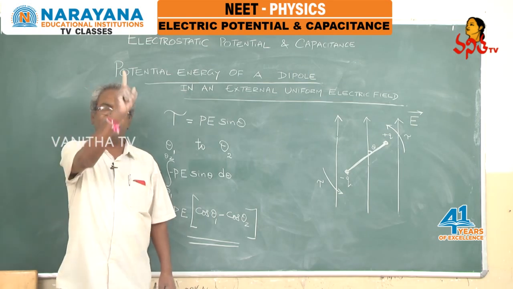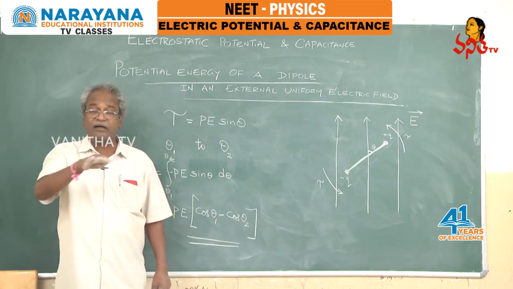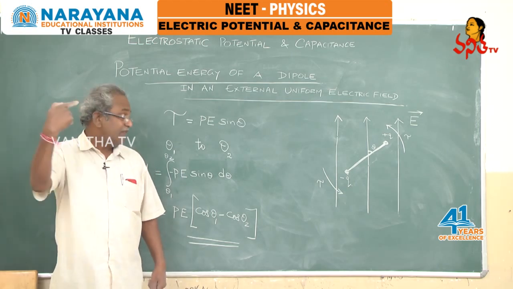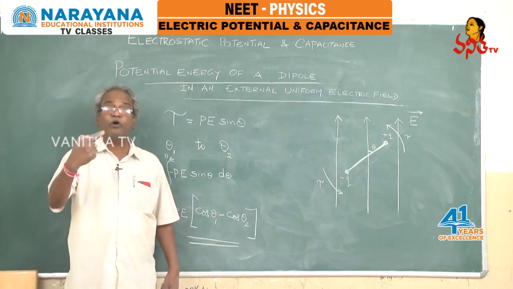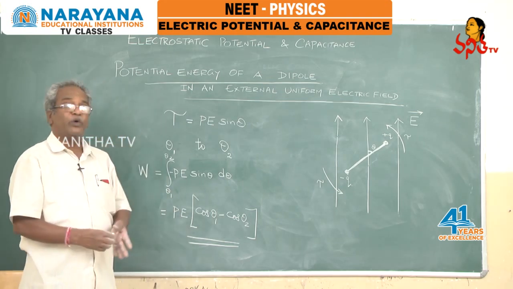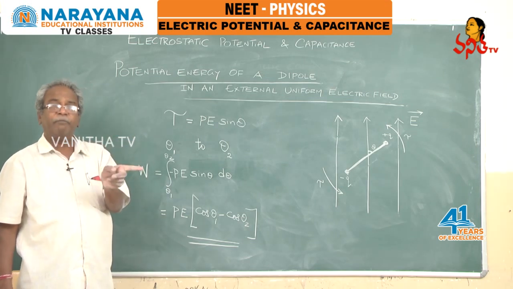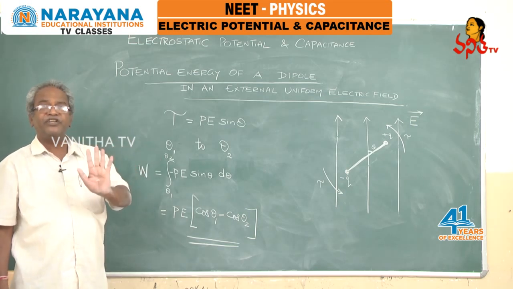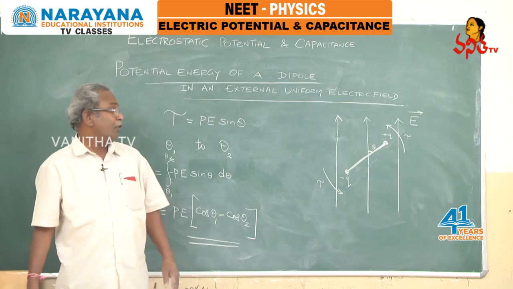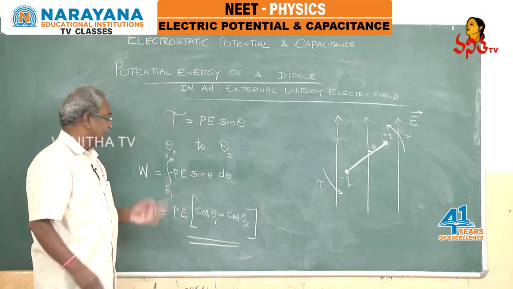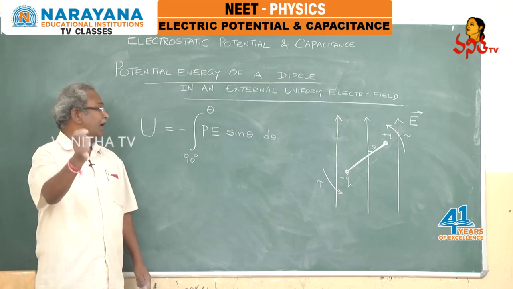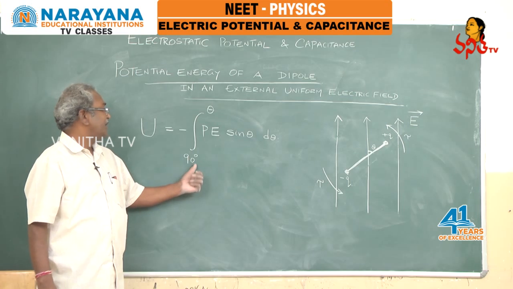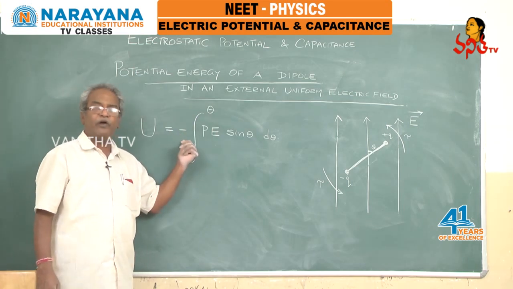Electric field is like this here. Perpendicular to this electric field direction, whichever position of the electric dipole that is, that position is taken as what? Zero potential energy position. So, rotating the electric dipole from the perpendicular position to an angle theta to the field, that is called the potential energy of the electric dipole. Therefore, we can calculate that potential energy here, by integrating this function from 90 degrees to theta, where this negative sign, why are we putting it here?